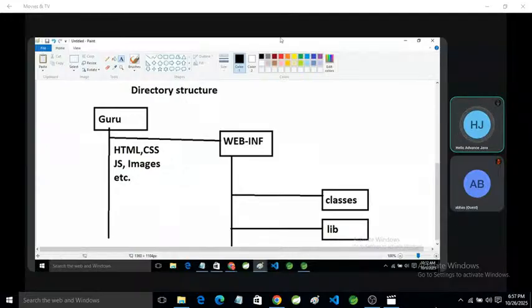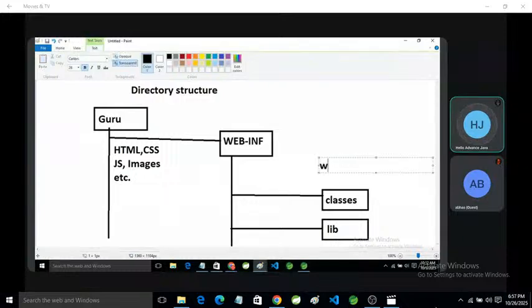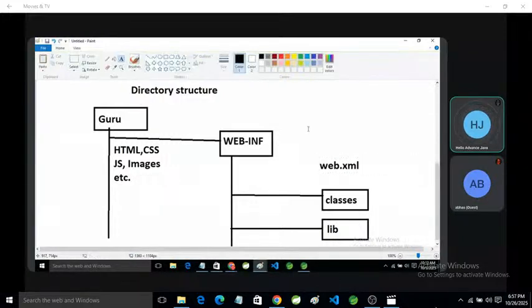After that, WEB-INF also contains a file named web.xml, and this xml file contains all the information about your servlets. The web container searches for that servlet in web.xml.